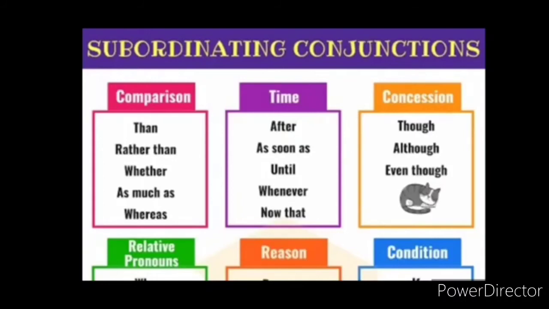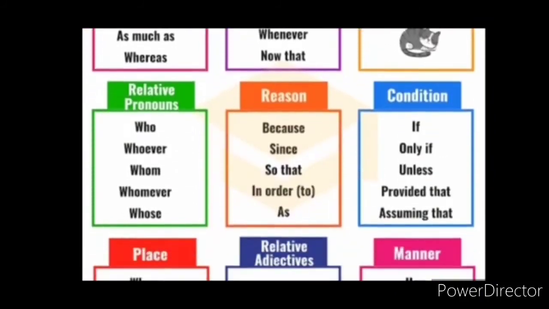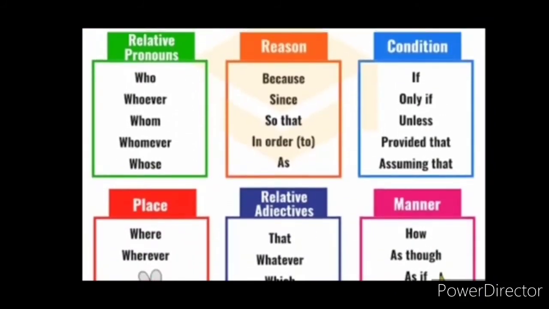Then move on to the concession. For concession, we have the subordinating conjunctions like though, although, and even though. See here, children, move on to the next: relative pronouns. For relative pronouns we have who, whoever, whom, whomever, whose. Then for showing and explaining the reasons, we have the subordinating conjunctions like because, since, so that,